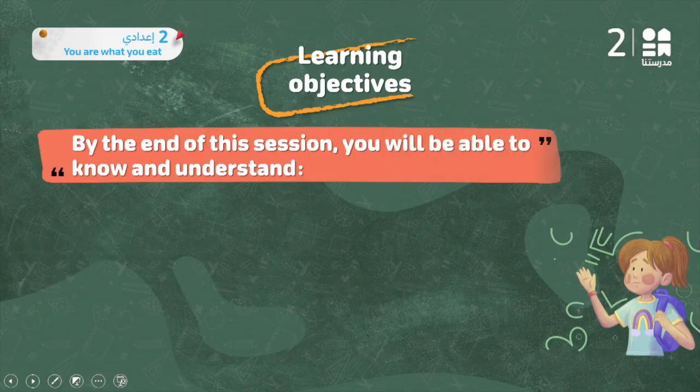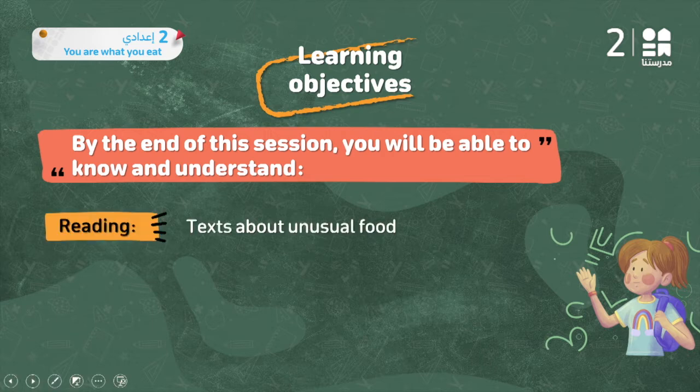Okay, my dear students. Now let's clarify our objectives of today's session. Again, we have to remind ourselves of the title of this unit, You are what you eat. And we have to be careful what we eat because this forms our shapes. لازم نخلي بالنا احنا بناكل ايه علشان بالتالي هنبقى في shape عامل ازاي. Okay? So, here, by the end of this session, you will be able to know and understand the following.